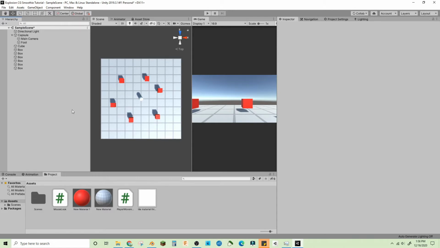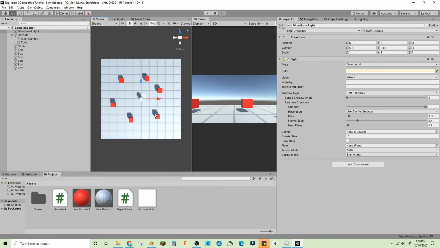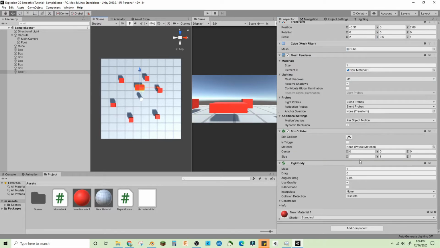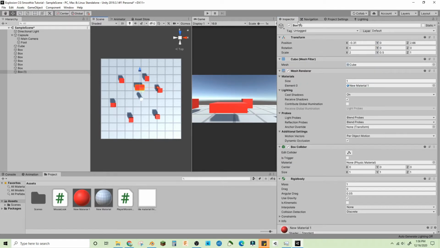Alright, so we have all of our boxes. Let's make one more box. Let's duplicate this one. Bring it here. Scale it out on the x-axis twice, so make it x2, and 0.5 on the y-axis. And we'll call this one